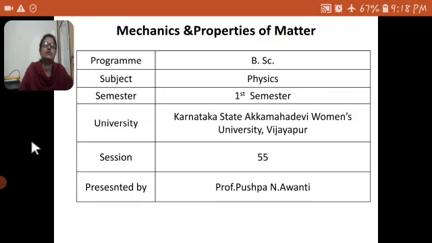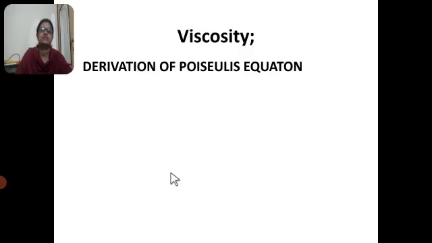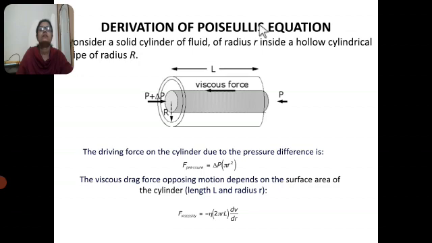In today's video, I am going to cover sessions 55 and 56. Sessions 55 and 56 consist of the derivation of the Poiseuille equation, Stokes' law, and the effects of temperature on viscosity. See here, now we have to consider a solid cylinder of fluid which has a radius r, inside a hollow cylindrical